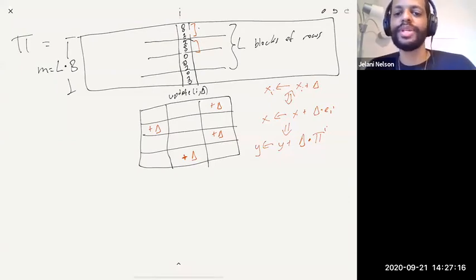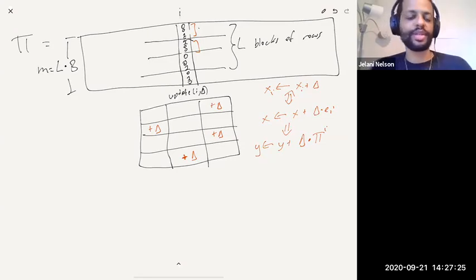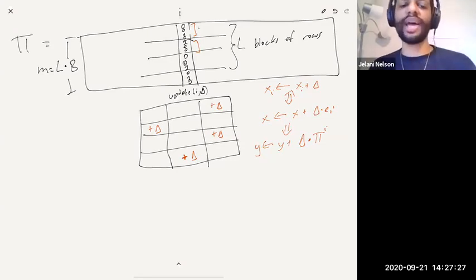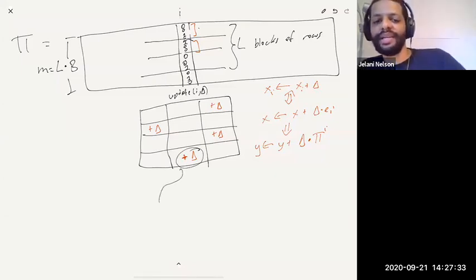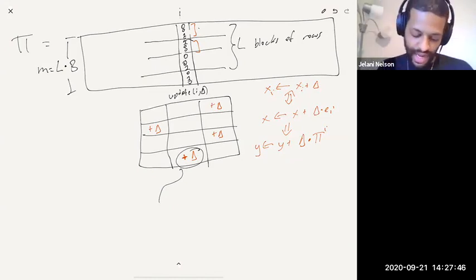Okay, so how can I use this for point query in the strict turnstile model? So let's just look at one of these counters where I hash to. Let's say this one. What's in that counter? Well, every time I got updated, the corresponding delta got added there, right? So the sum of all those deltas that correspond to I is there. What is the sum of all those deltas? It's just xi, right? So that counter has xi,